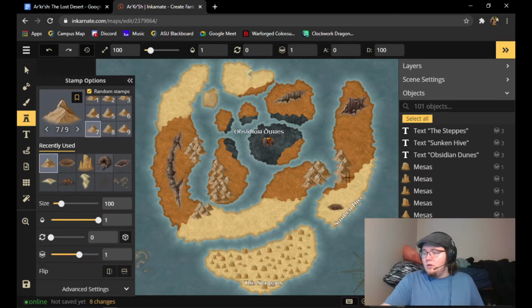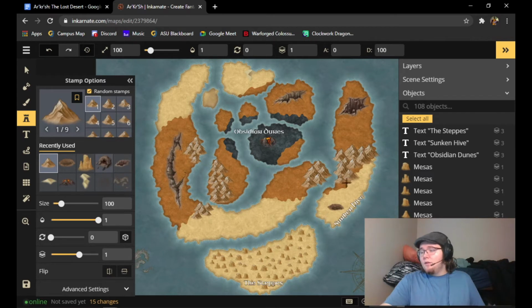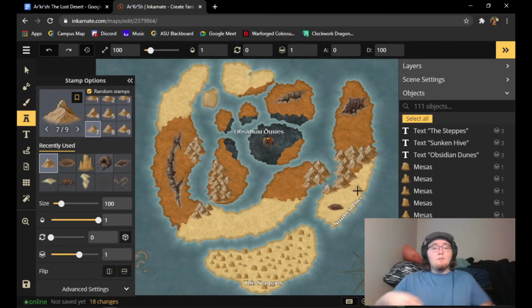Why might you ask? Well, for when your players eventually travel, you want to have different and diverse environments, and being able to swap between massive desert plains to mountainscapes in a moment's notice. Say they're traveling from the steeps to the sunken hive and then up through this mountain range to get to that sinkhole up north. Well, that adds three different environments. If they're traveling from the steeps, that's four different environments. That's the steeps, the Sunken Hive region, the mountain range, and then the Orange Desert, which I have not named yet. But I'm going to in this video.